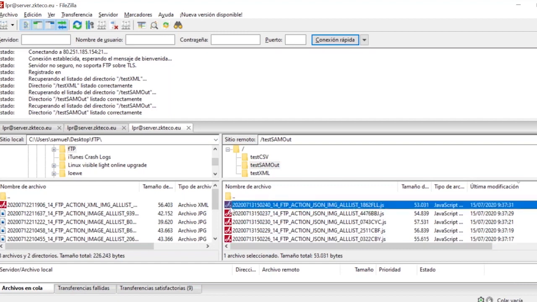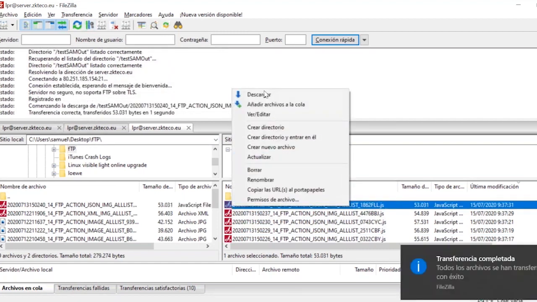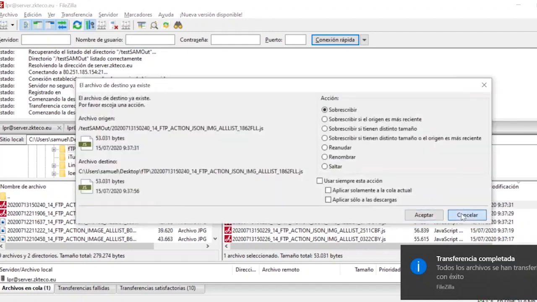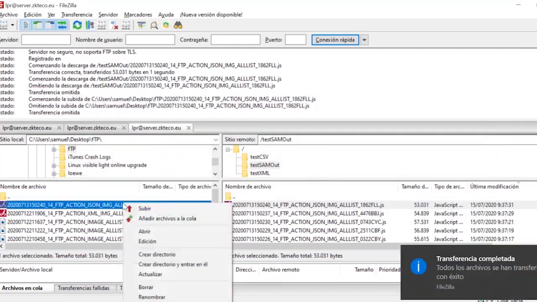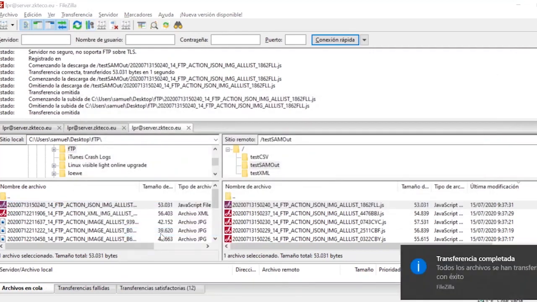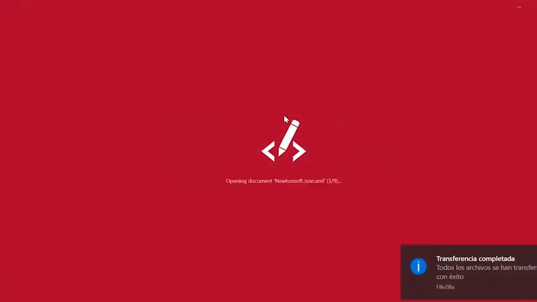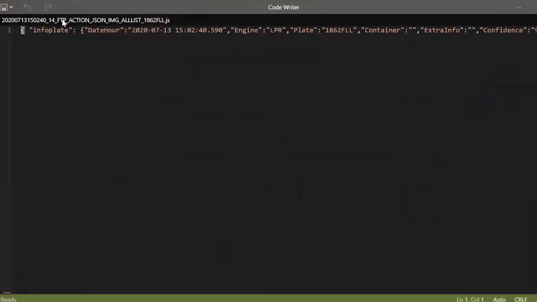Let me open this. Here you can find all the information in the JSON file: the LPR, the whole information, the country, the confidence,